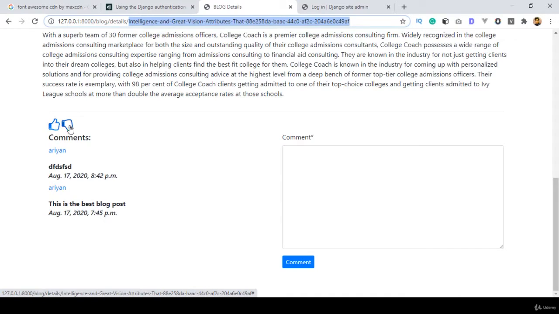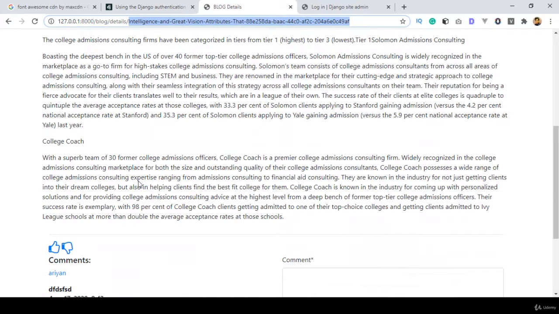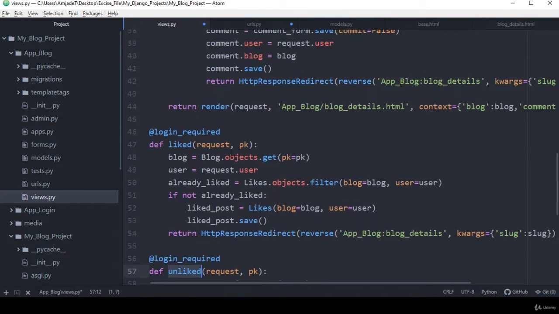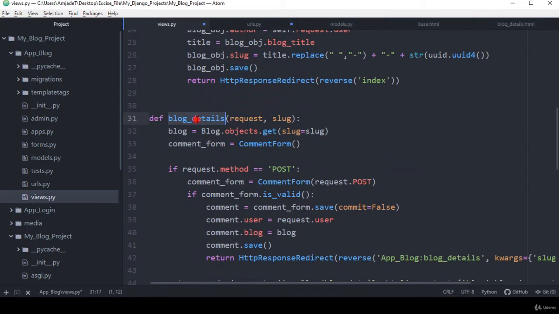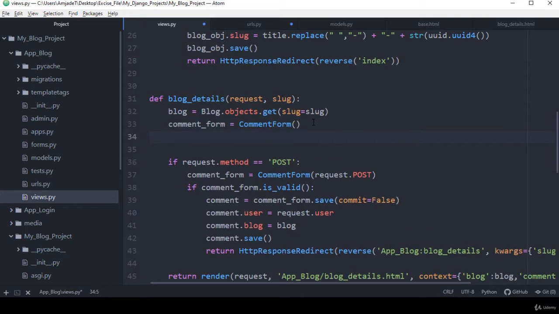Here we have to also update our blog details. That means I have already created one of the function in our view. Into the view here, that is our blog details, right? So into the blog details area we have to pass that information that user is already liked is true or false, right? So here also we have to pass it. So better that is our comment form, and after that comment form I take another variable. I name it as a already liked, and then with our